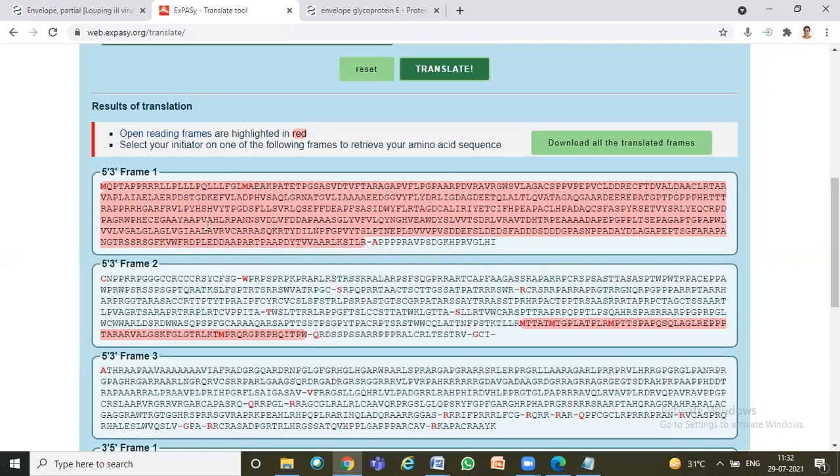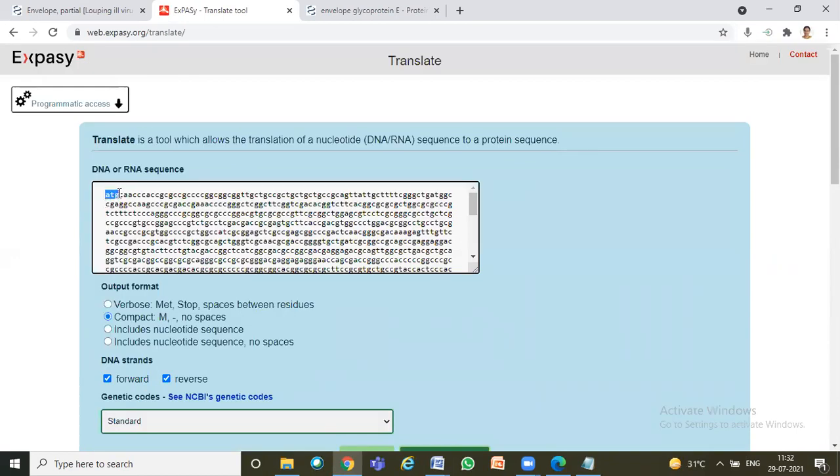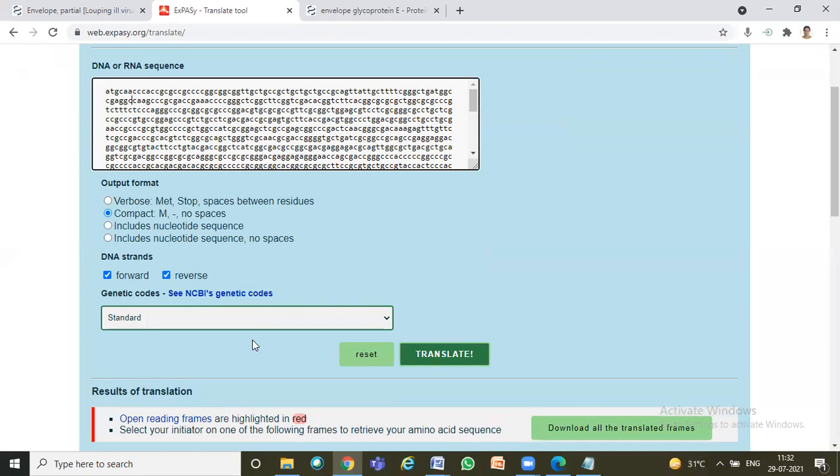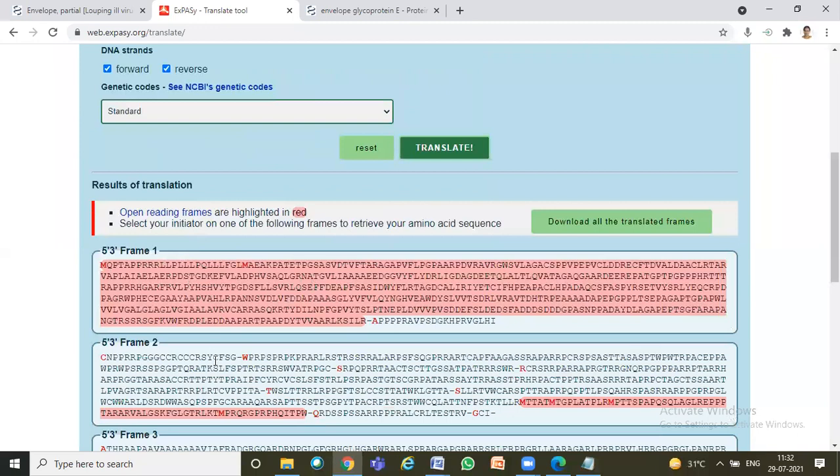how this translation is done is based on, you know, three bases code for one amino acid, next three bases code for the next amino acid. So it will check based on the standard genetic code. See, which genetic code is used is standard. Standard is the table we learned. ATG codes for methionine and TAA, TGA, TAG are the stop codons. So based on that standard information only, this sequence is translated into your protein sequences and most